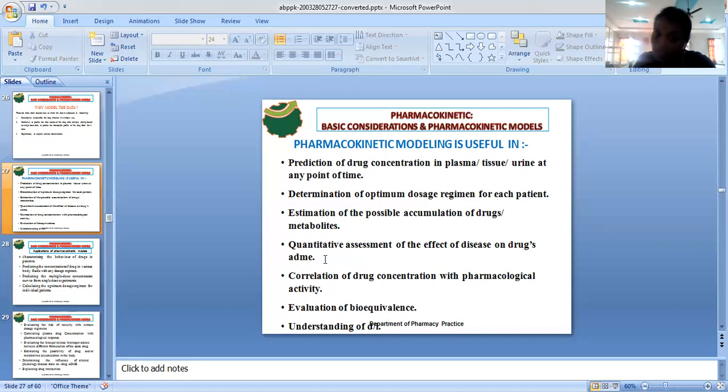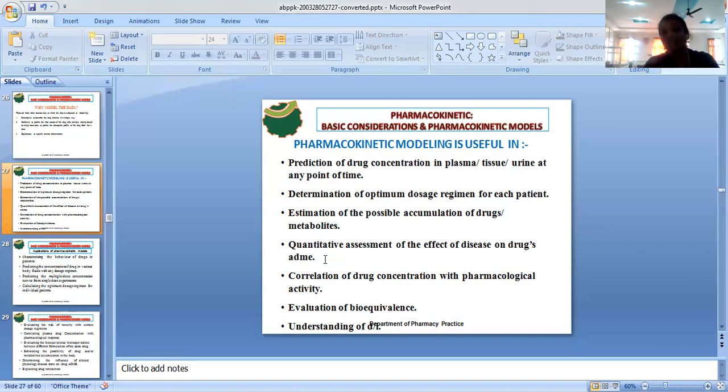in the clinical trial, the absorption may show very good, only 90% AUC, like that. Whenever a patient affected by the disease is administered that dosage form, the absorption may vary from patient to patient. It will be influenced by the intensity of the disease. How the disease affects the drug's absorption, distribution, metabolism, and excretion, the whole quantitative assessment can be done by using pharmacokinetic modeling.